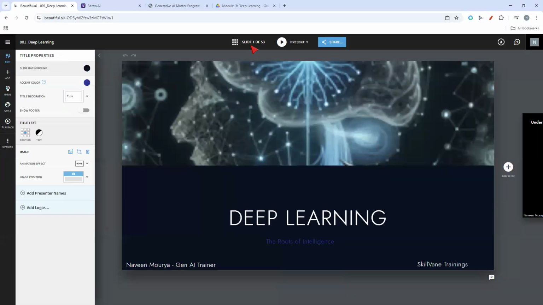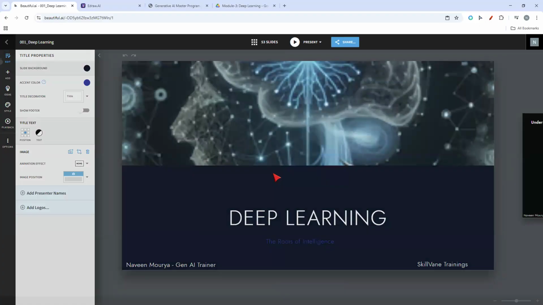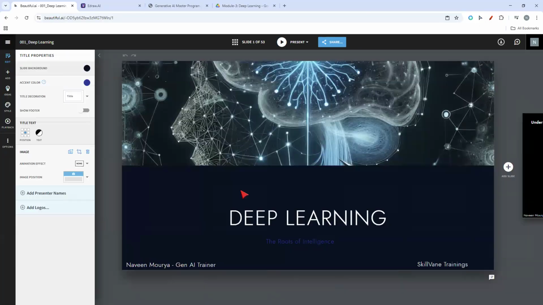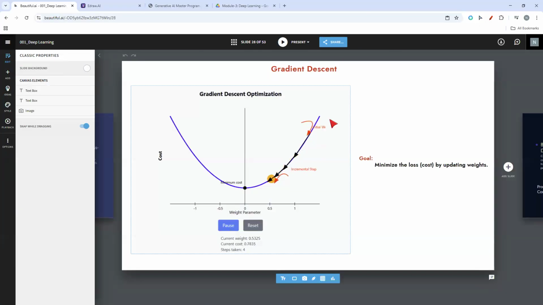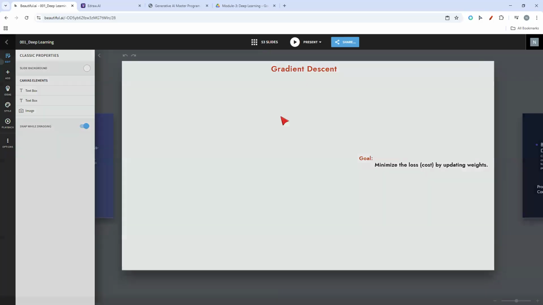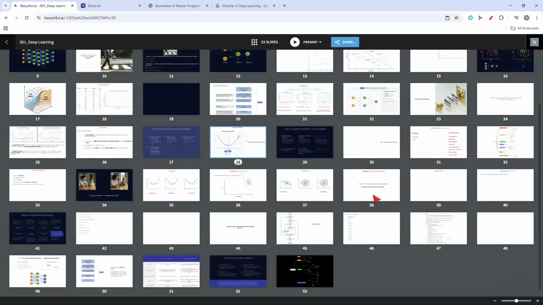So we are using these presentations to make people understand the concept in a very easy manner. So you will have these kind of simulations to understand what is actually happening inside. If I explained this concept verbally, you may not understand it completely. So that is the reason we keep these kind of animations.